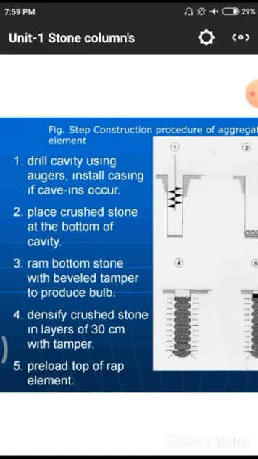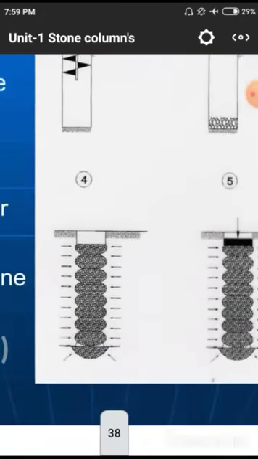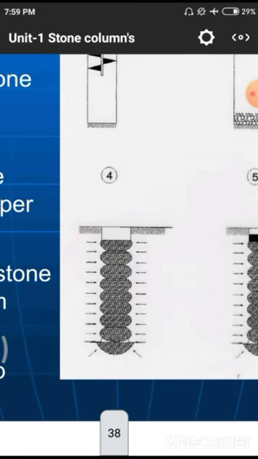Next, we need to densify the crushed stone in layers of 30 centimeters with a tamper. That means in the fourth diagram, it is the fourth condition we are having. In the fourth condition, the bottom is entirely in the shape of a bulb. After that we are having a